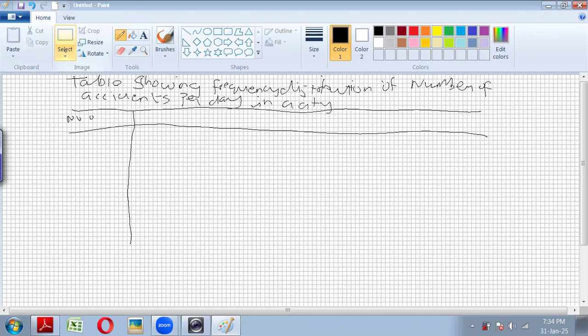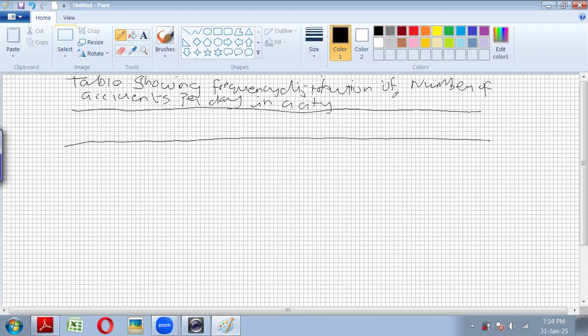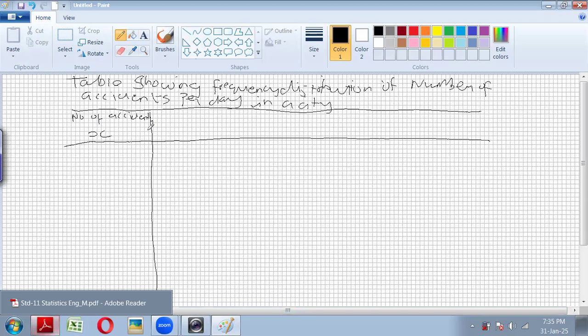Just a minute. So here we have the column number of accidents that is divided by x, right? Now यहाँ पे अगर आप टेबल देखोगे